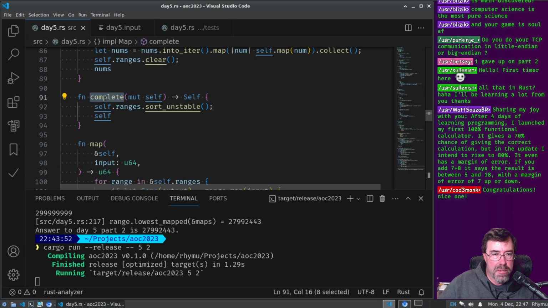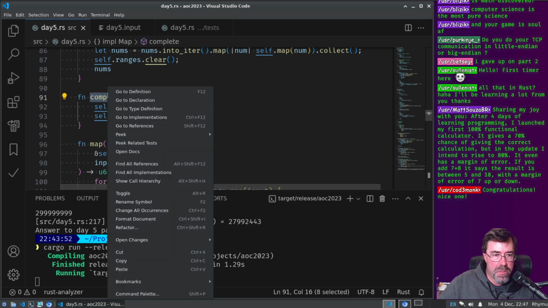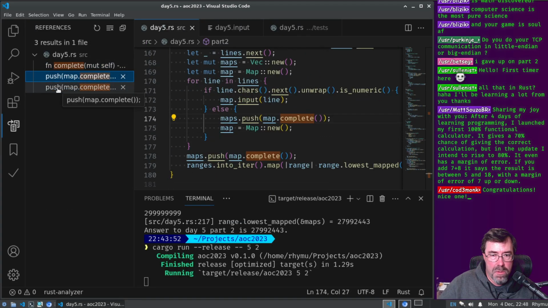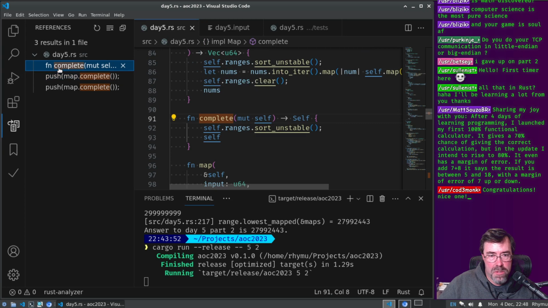This complete, does it need to consume self? It doesn't really. If I allow it to be cloned, but I don't allow it to be cloned, so I'm going to keep it the way it is.